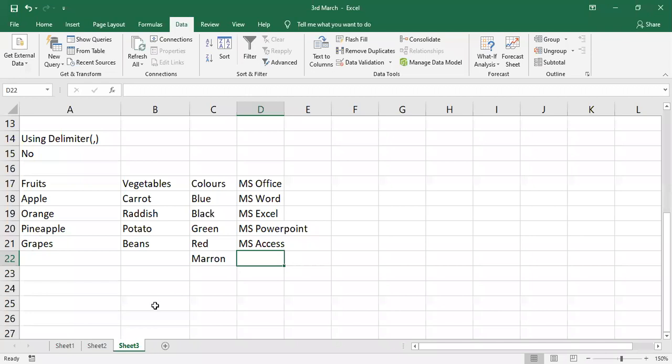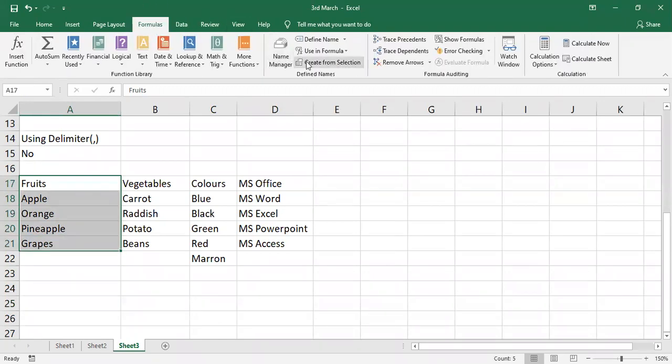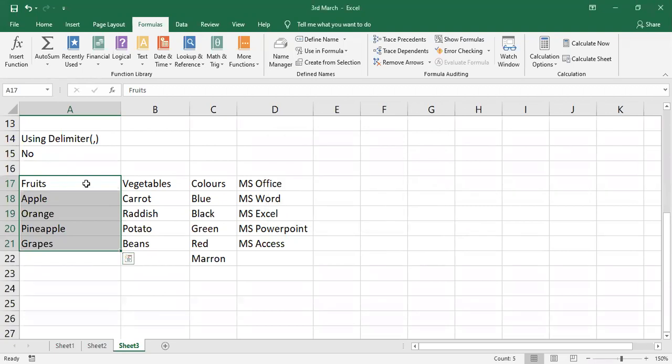Okay, so before that I have to give a name for this range, right? So I'll select this, formulas, click on create from selection. Top row is nothing but a heading. Okay, don't make any changes here, just click on OK. Now this range is named as what? Fruits.